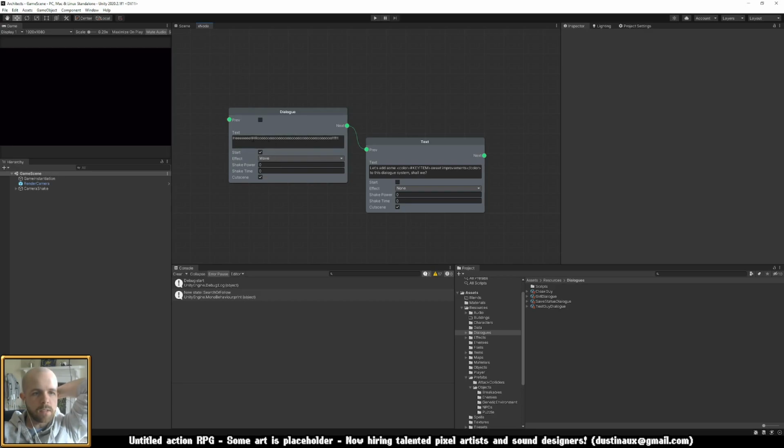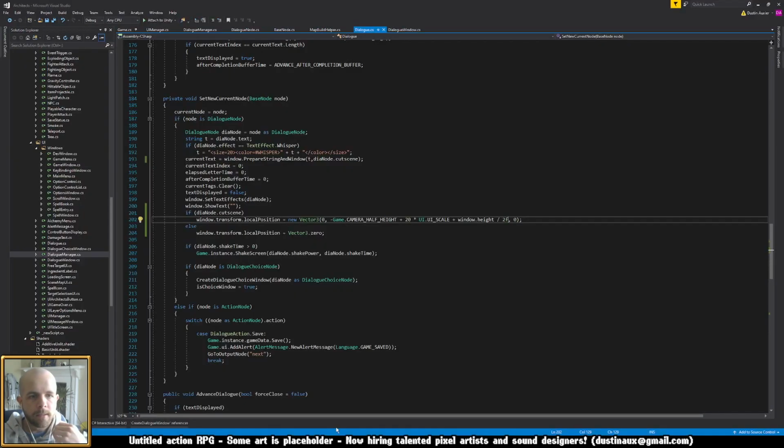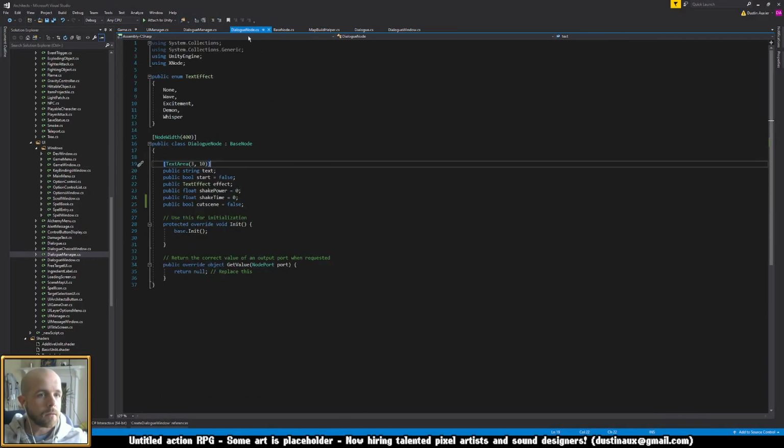For every dialogue node, I'm gonna need a variable for the character who's speaking and another variable for like a specific ID of emotion that they're gonna be showing. And then I'll have the system dictate how to show that, how to animate those characters in it. So I need to add those variables to my dialogue node,